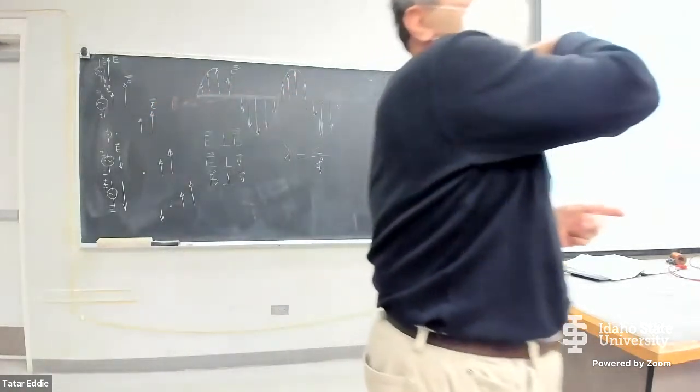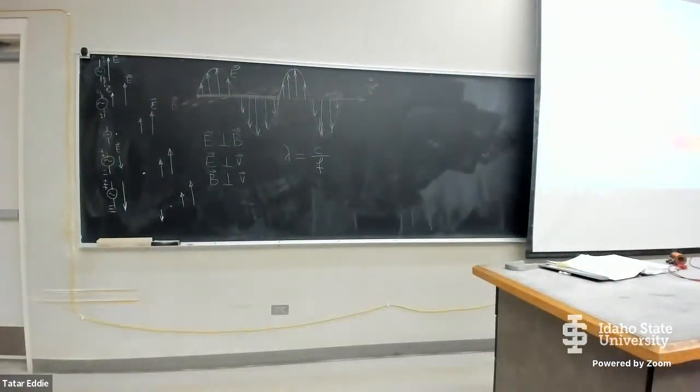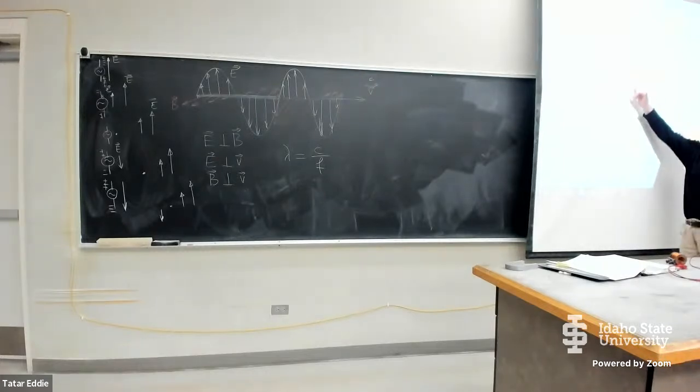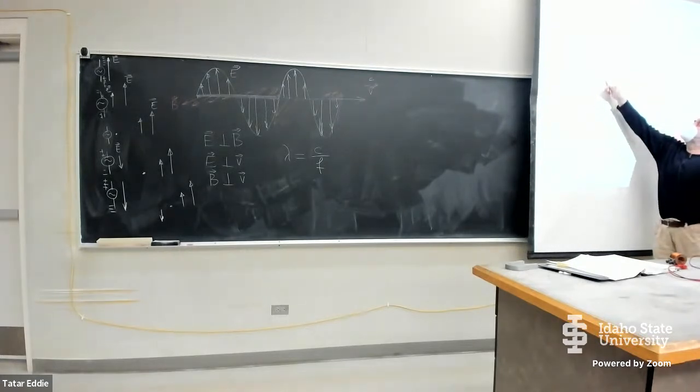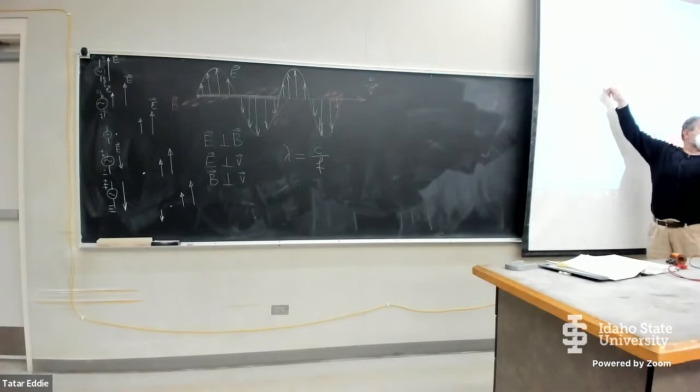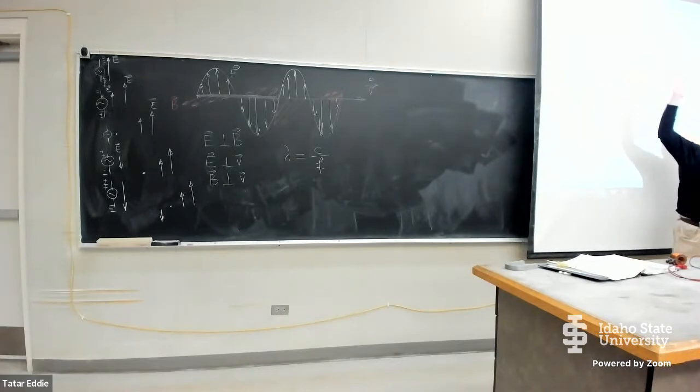Electromagnetic wave with length of the order of 30 centimeters, we call radio wave in the FM part of the signal. So somewhere here we have FM radio waves. Longer wavelengths of the order of 100 meters is AM part of the spectrum,